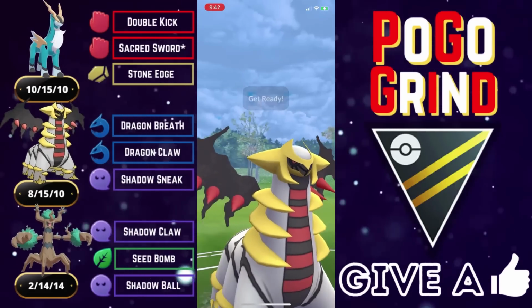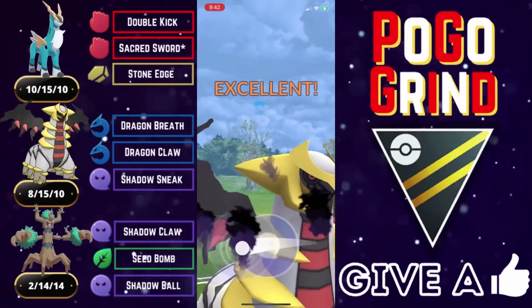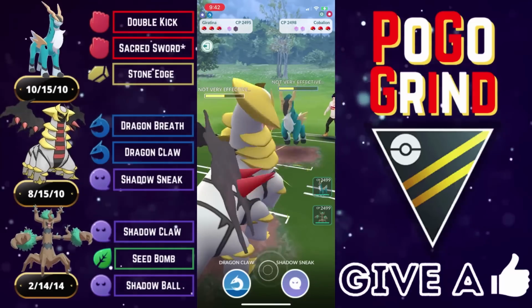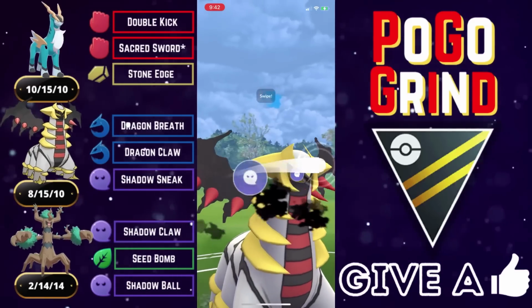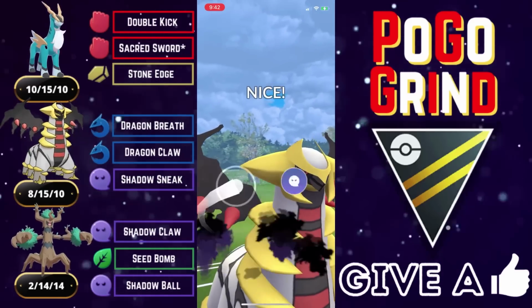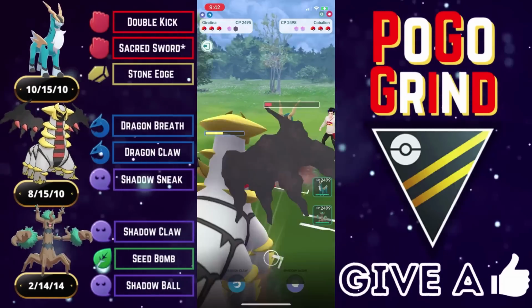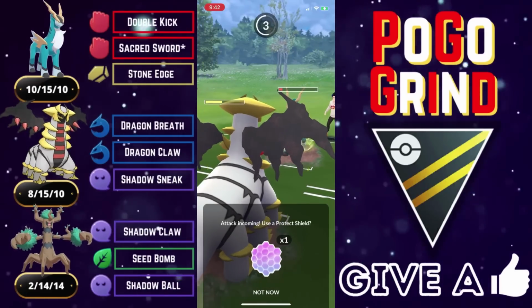We tank that all day, no problem, and we are fully loaded on energy. Going to go for the Shadow Sneak here, and they don't have to shield a thing from our Giratina because they are resisting this fast move pressure. But I do still think that Dragon Breath is the way to go, especially on the safe swap or on the lead with Giratina. And we are slowly but surely chipping away at this very tanky fighting steel type known